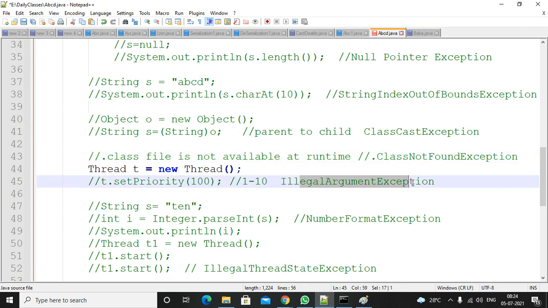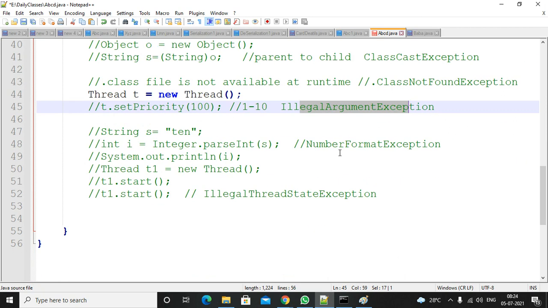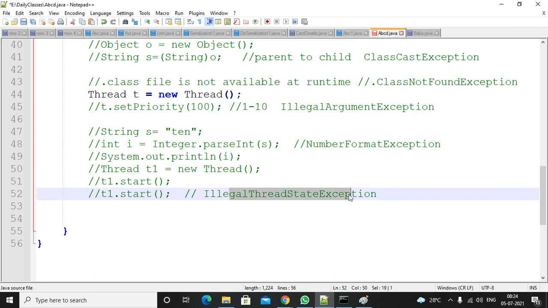IllegalArgumentException, for a thread class or any method. There are some priority levels, and if you cross that limit, you will get an illegal argument exception. NumberFormatException, when you try to convert from string type to some other types and it is unable to convert. Then IllegalThreadStateException, if the thread is already started and you try to start it one more time.